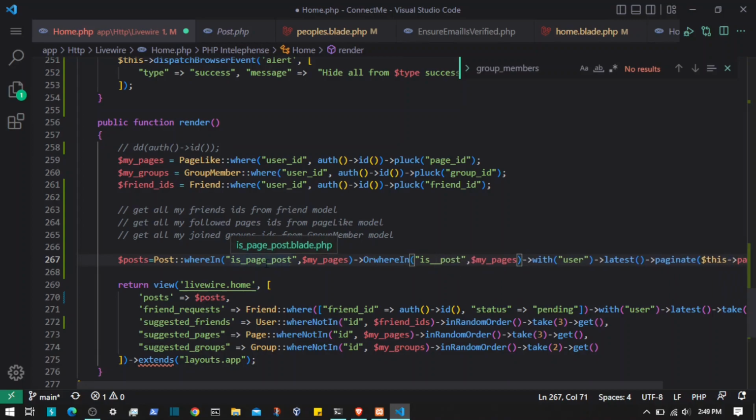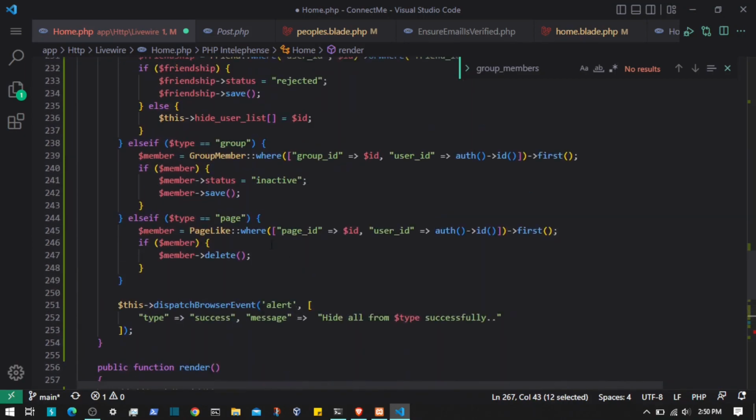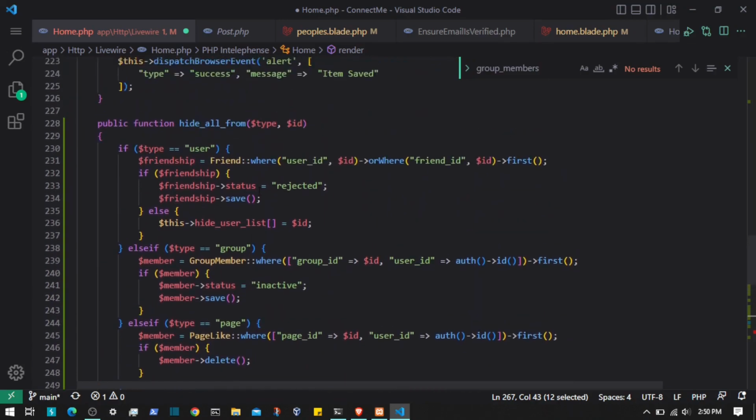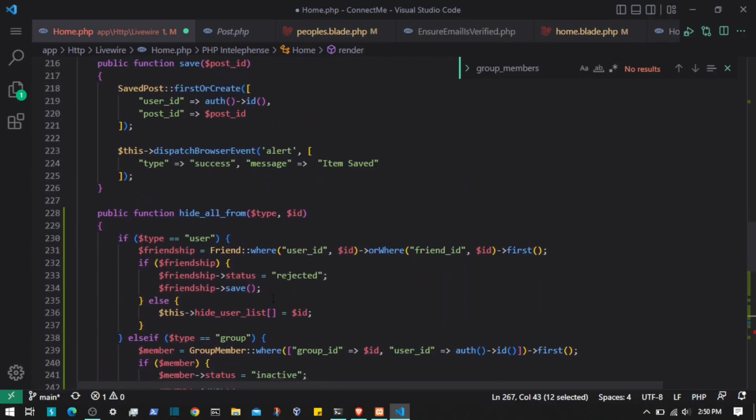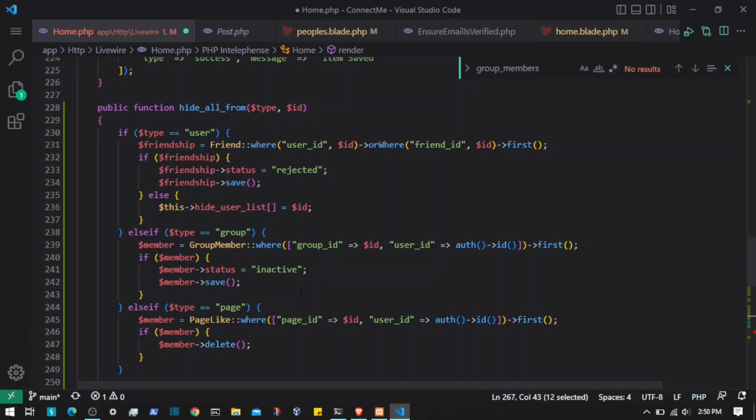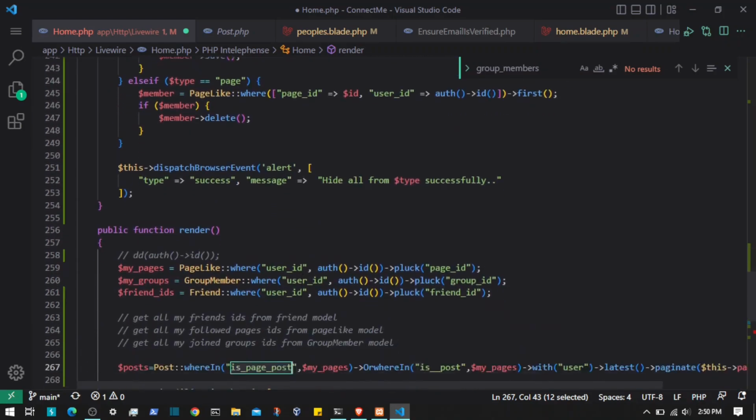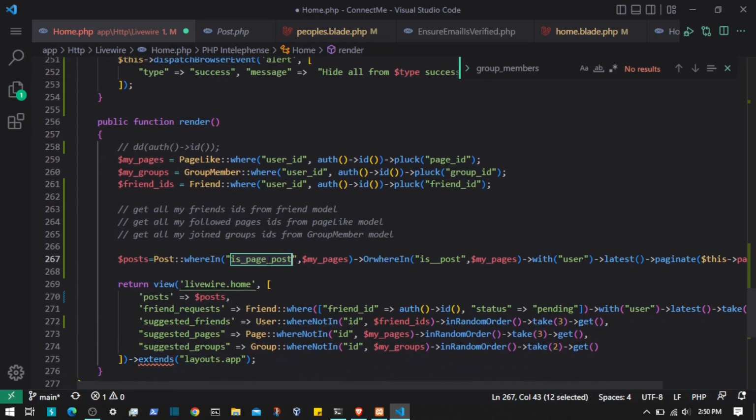I think I'm mistaking, because is group post and is space post are these, what is it called, these are the boolean values, so we have to pass the IDs instead, like